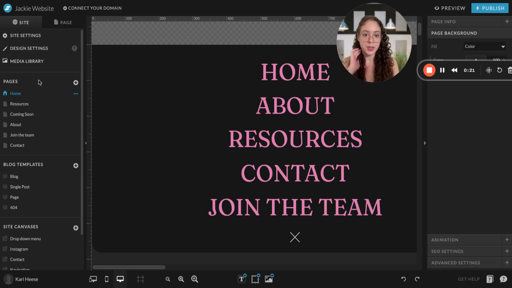Basically, how Showit works is that we have in the left side some settings, and in the right side there's also something to edit. So, for example, this first part here is going to be about your website. You can edit the site settings here. You can also edit the design settings of your whole website and see the media library. So, all of the stock images that you have, anything related to media, is going to be in the media